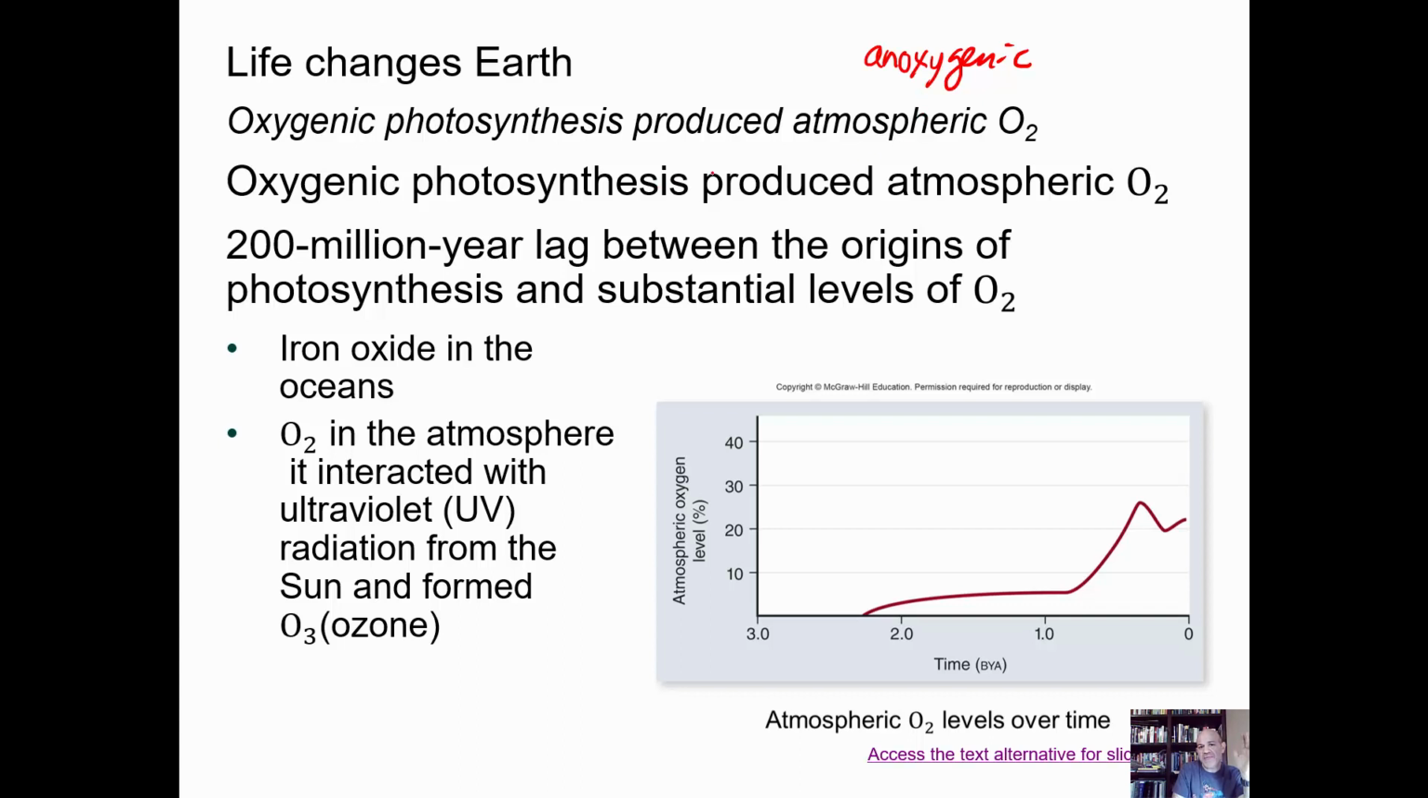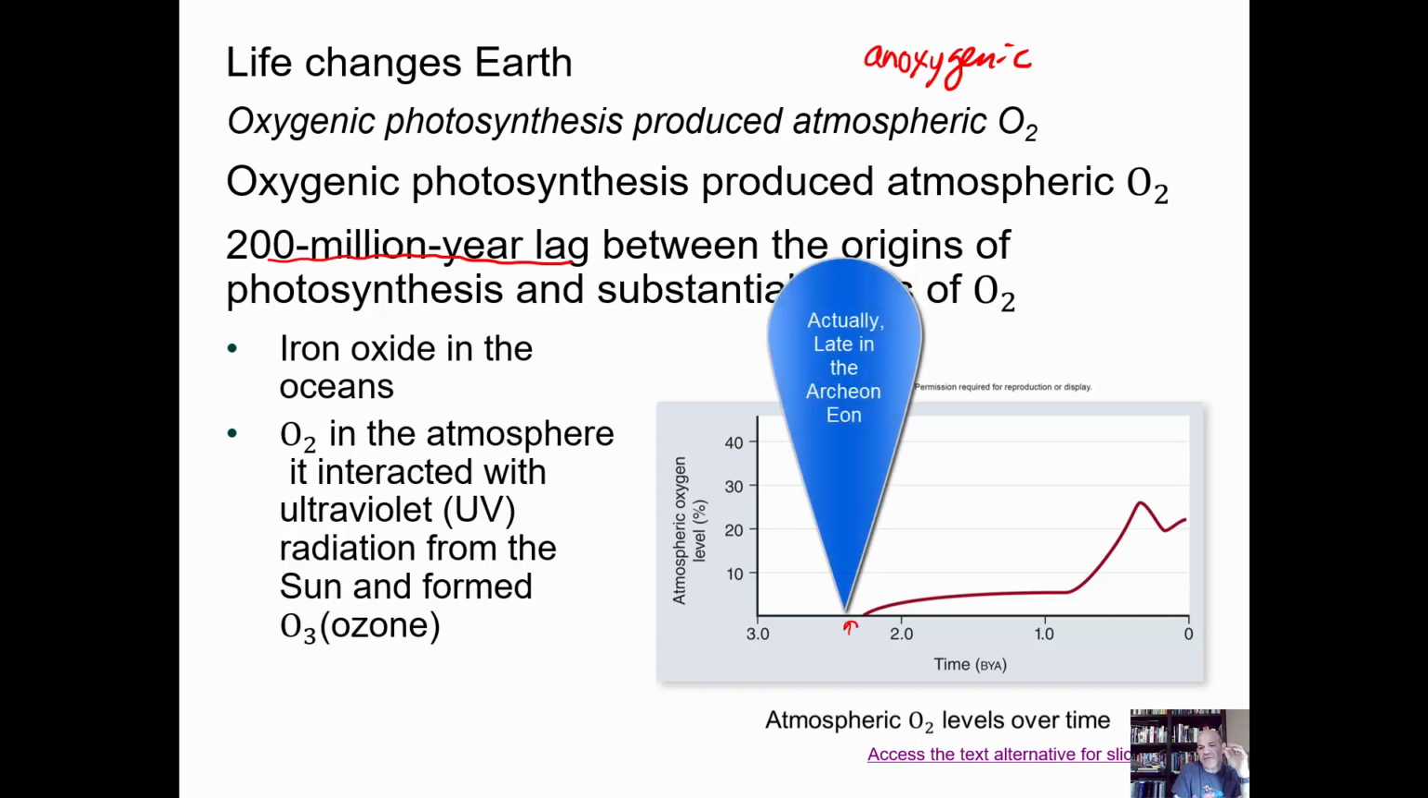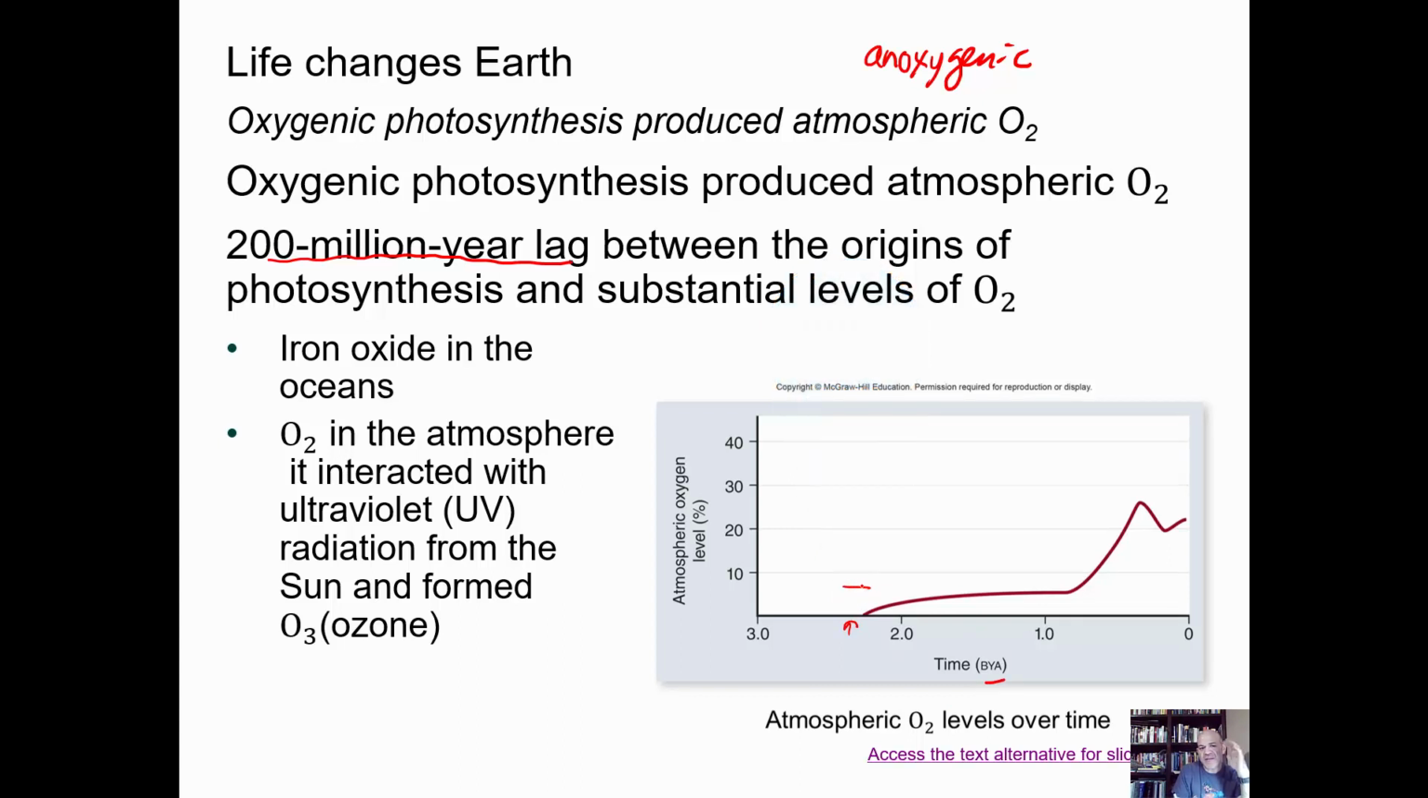And so when you have this oxygenic photosynthesis, you're going to start to have a buildup of oxygen in the atmosphere. However, there was a 200 million year lag time during one of the first surges of oxygen there late in the Proterozoic, and that would be about right there. And so the scale is in the billions of years here. So you have this maybe 200 million year lag time,